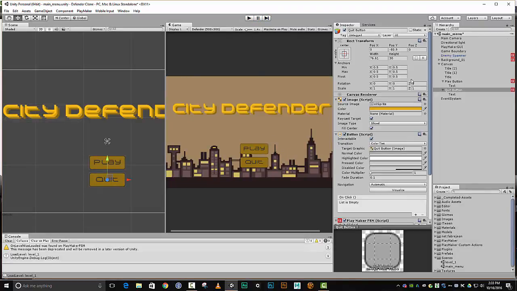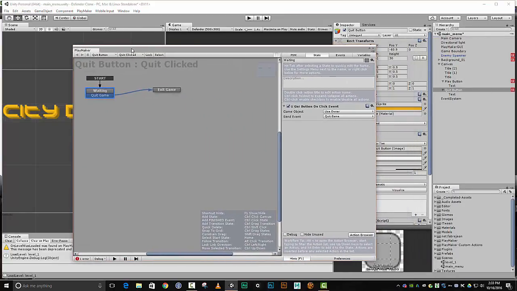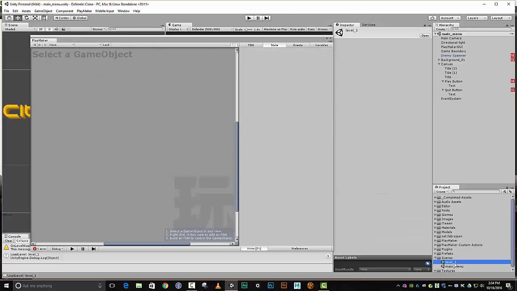So our play is working, and let me double check with my quit. Well, I'm just going to tell you the quit works and move on from there. So I need to do one more thing here. I'm going to do a control save, which basically saves the scene I'm working on. And let's go back into our level 1 scene really quick. So let's open this scene up